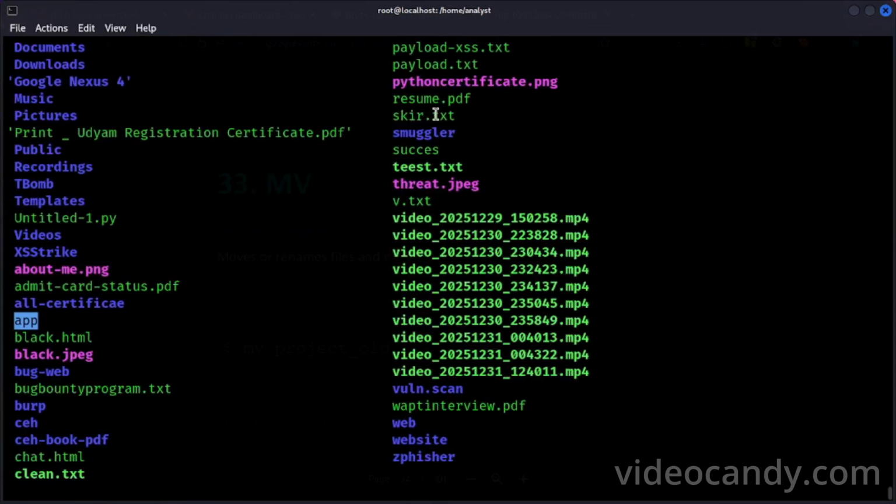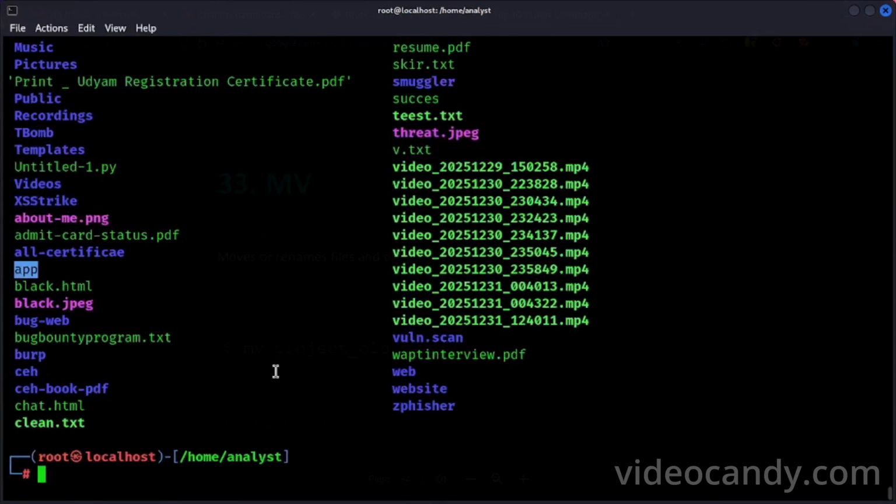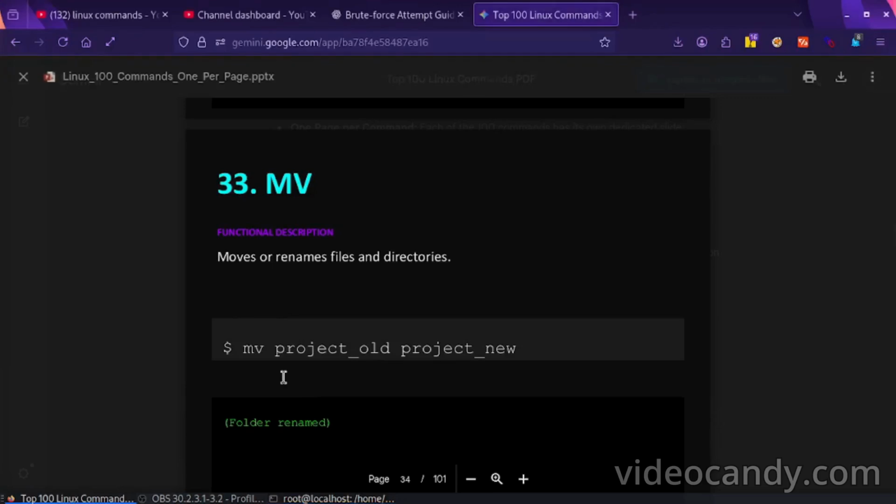And if I want to move skir.txt, I will write mv skir.txt, and where I want to move, that is web. If you want to move to any other folder, you can write any folder, and if you press enter, it will move to this folder.